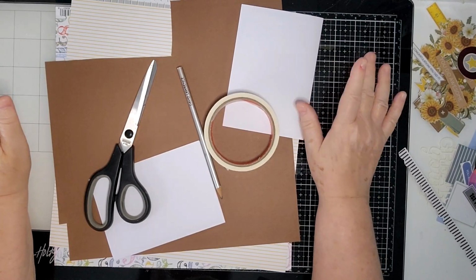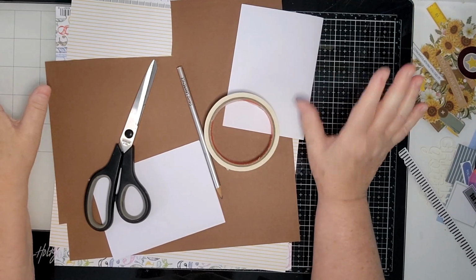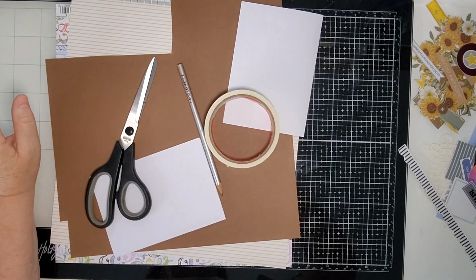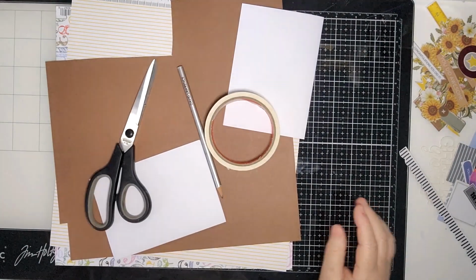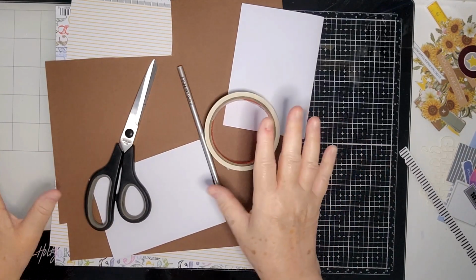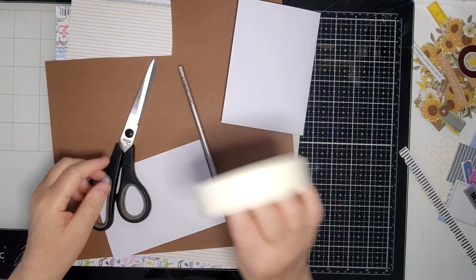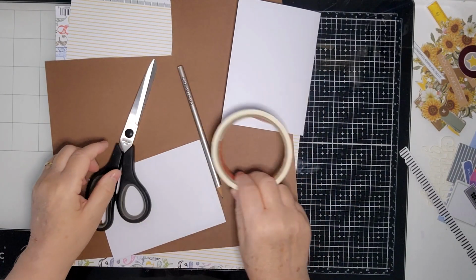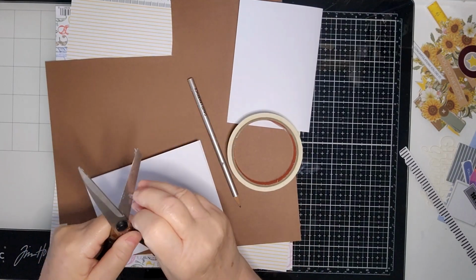I'm going to be doing a couple of cards using no dies, no trimmer, just so that people who would like to do card making and think it's an expensive thing to do, just showing you can do it with basic tools. You just need something round. I'm using masking tape. You might just have sticky tape or a lid or something like that, something round, a pencil, and a pair of scissors. I think most people have probably got scissors in their house for